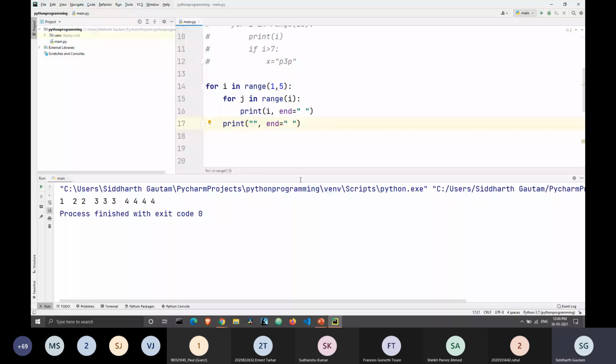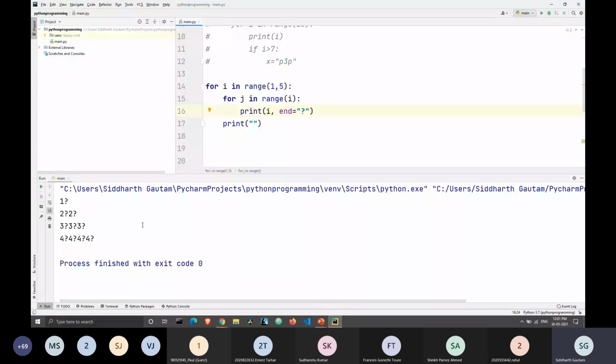All right. Does anybody have any questions here? Did anybody not understand what this end stands for? All right. So first, let me erase this. Also, let me show you something else. Inside this end, it is not compulsory for you to enter a blank space. A blank space is just something I like to use so that it gets printed in the same line. You can write anything. Let's say I print a question mark here, and we print this. You can see that at the end of each print statement, we get a question mark.